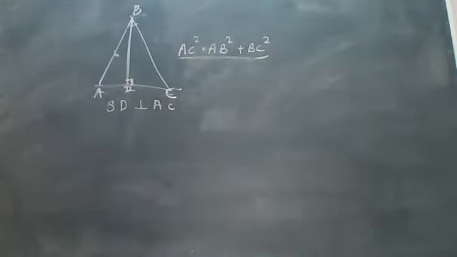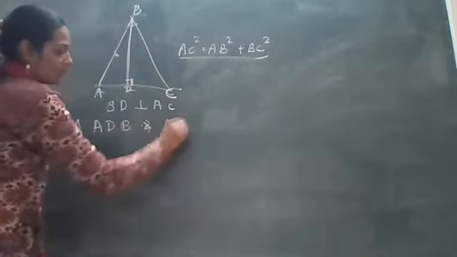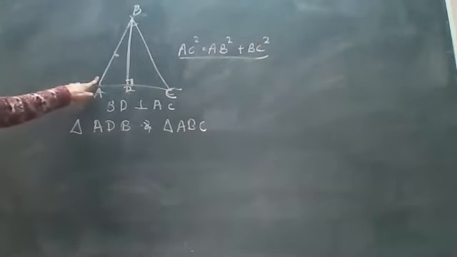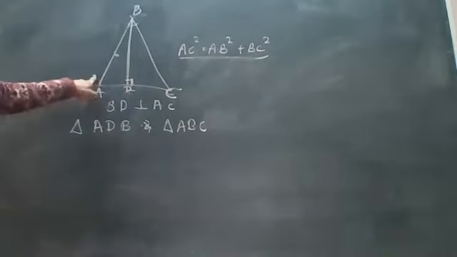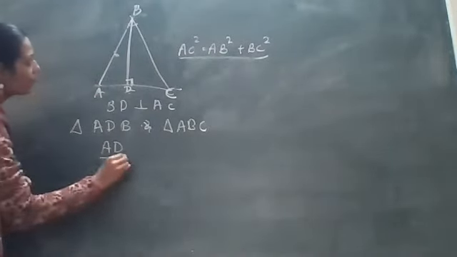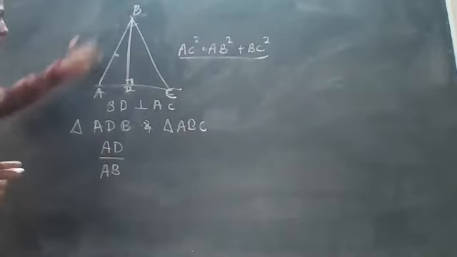Okay. So now we are going to consider triangle ADB and the whole triangle ABC. Okay. So what are we going to do? Here we are going to use the theorem 6.7, which says AD upon whole AB. Okay, we are taking similar. See, I have said that AD upon AB we can write, the small one upon the whole one.